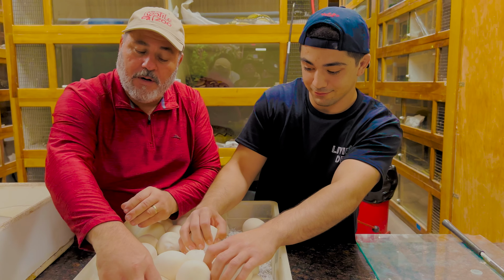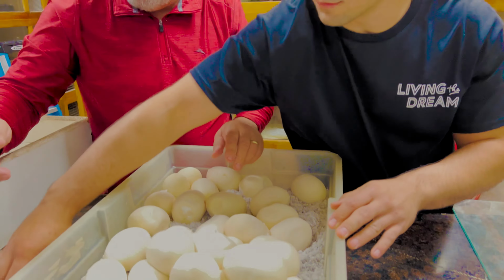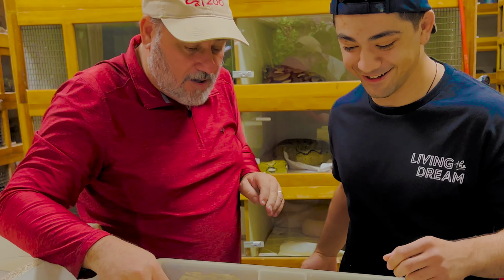So they have 84 days left. They've already been 54 days in the egg, and they have 84 more days before they actually come out of the egg. And then when they go to come out, what I'm gonna do,